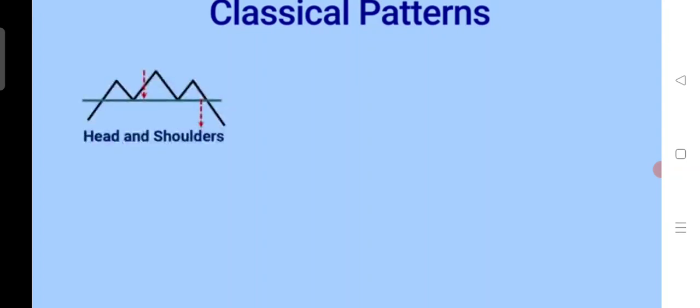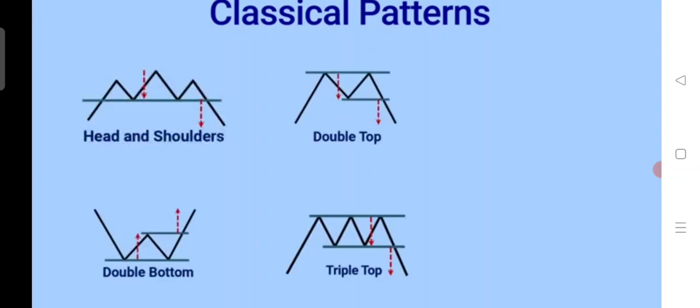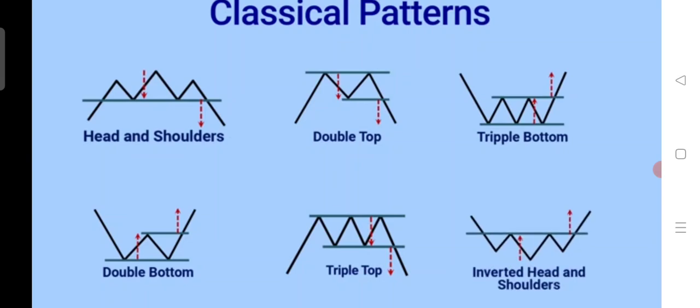Now, when we are looking at classical patterns, suppose head and shoulders, double bottom, double top, triple bottom, inverse head and shoulders, and the triangles, etc. All these classical patterns we are going to discuss later. When these classical patterns are represented in bar chart formation, we get a clearer picture than other kinds of chart representations like line or candlestick. So that's why quite often people use the bar chart for clarity in understanding price patterns.